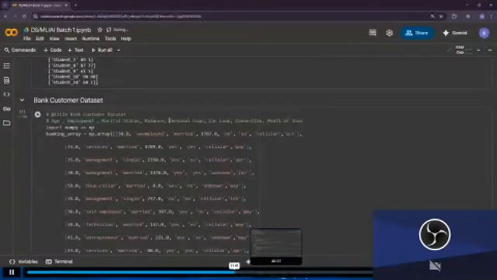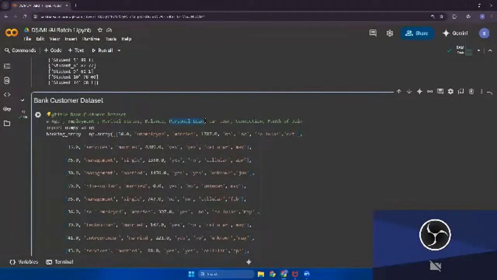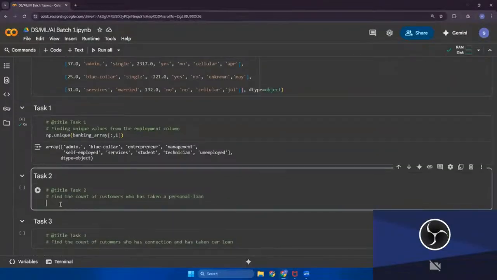So this is the first, second, third, fourth, and fifth. Basically, personal loan is situated in the fifth column. But what is the index value of it? It's 4, right? So we'll do the same thing where we are supposed to access. First of all, let me write it. Customer with